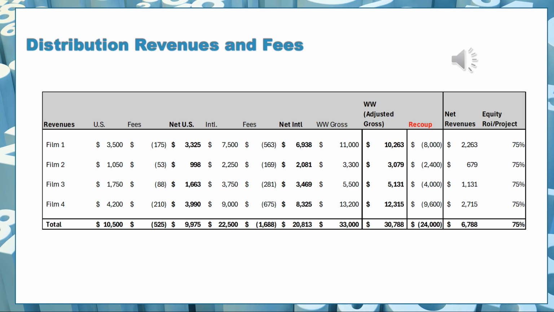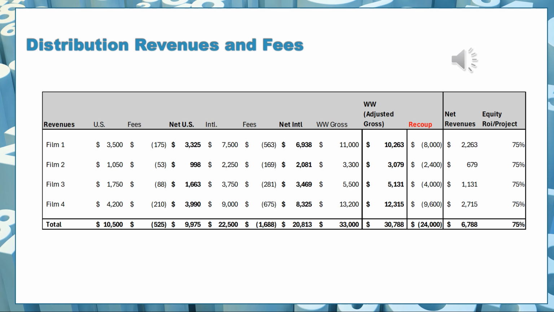Film 3 is US of $1,750,000, net $1,663,000. The international is net $3,469,000, getting us a net adjusted gross of $5,131,000. We are recouping $4 million here, and the net revenues is $1,131,000. And the last film generates a net US revenue of $3,990,000, net international revenue of $8,325,000, and net adjusted gross of $12,315,000, leaving us with net revenues of